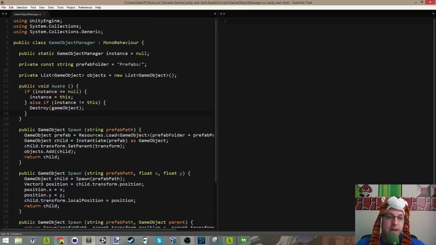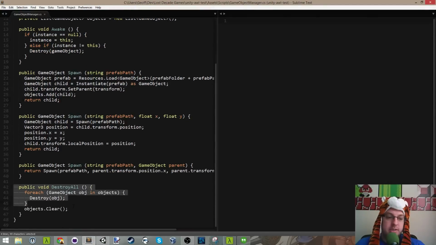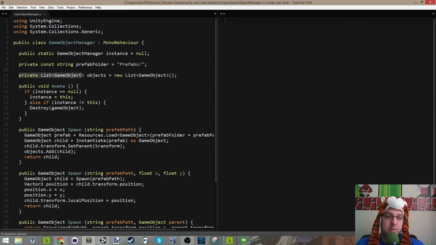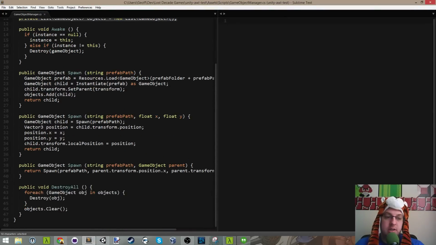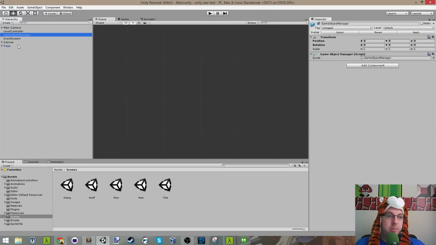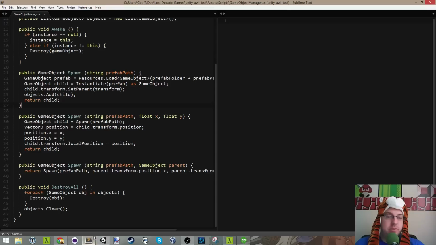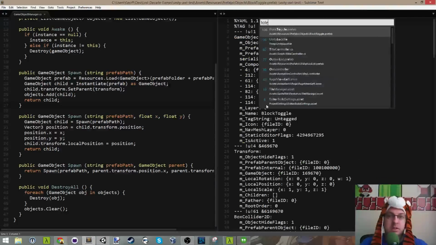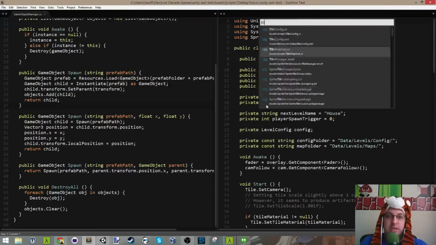The nice thing about that is that it also has this method called destroy all. So whenever an entity gets spawned, it gets added to this list of objects, and then we can clean them all up at the end of a level or whatever. So that's that. And then our previous code just uses that